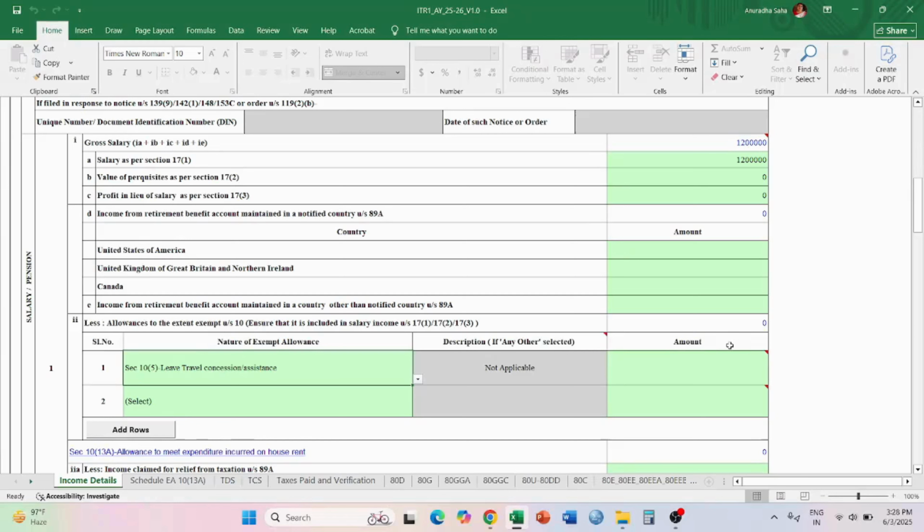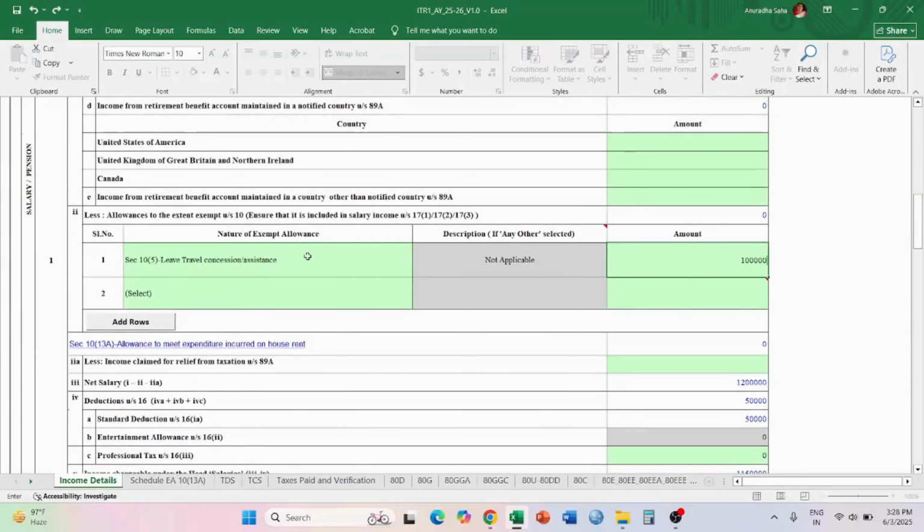When I'm clicking on leave travel allowance, in this case what is happening, the amount column also I will have to fill it up. So here suppose I write 1 lakh. Okay, now what is happening when I'm writing this 1 lakh, see I just click it in another place.